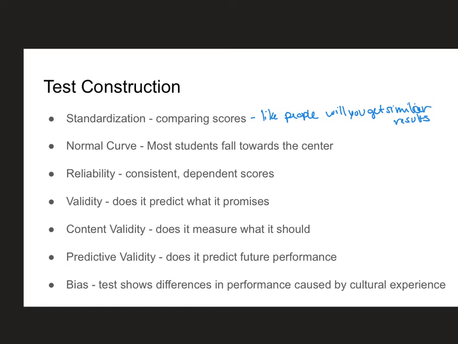Okay. A normal curve is, we're talking about our bell curve again. I'm going to show you an image in a minute that does not look like a normal curve. I'm sorry, but it should. If I was an artist, that would be a normal curve. And most students are going to fall right here in the center of the curve. You are going to have outliers on either side, but the majority of you are going to fall right there in the center.